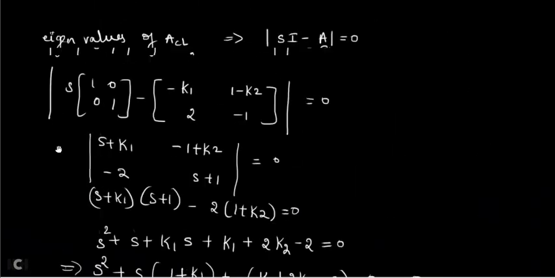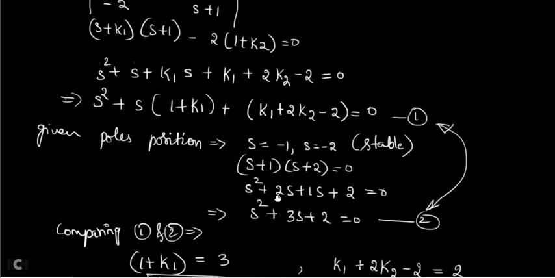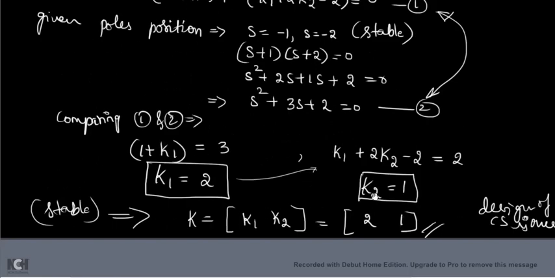So for any problem or numerical given, if they ask you to design a control system using the pole placement method, using the state feedback method, then you have to use this procedure. First you have to check whether it is controllable or not. Only if it is controllable, continue the problem. First find out A minus BK. For that you find the eigenvalues. Equate that eigenvalue equation with your pole position equation which is given in the problem, and after equating find out K1 and K2. If you find the answer for K, that itself is your complete design of the control system.